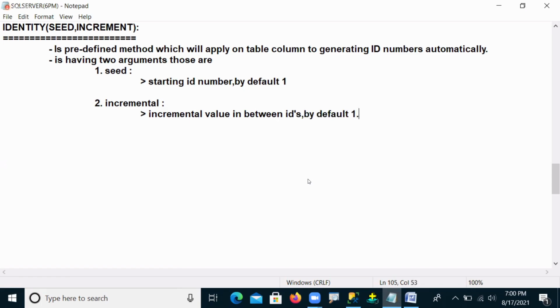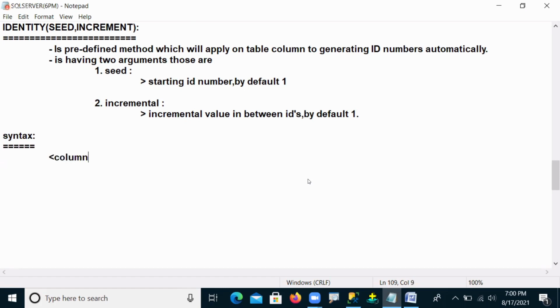So these are the default values of seed and increment. Now how we can apply this identity on my table column, there is a syntax. The simple syntax here, guys.